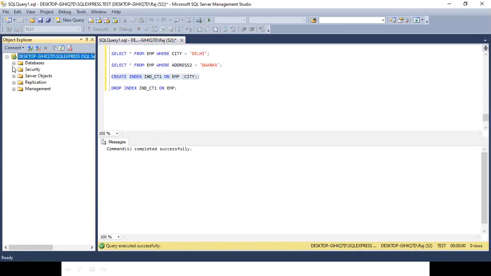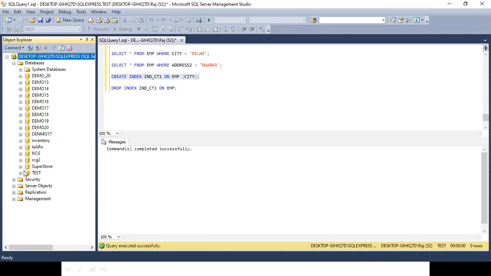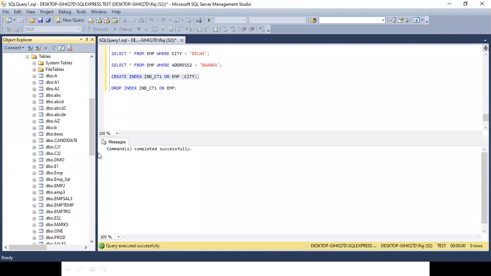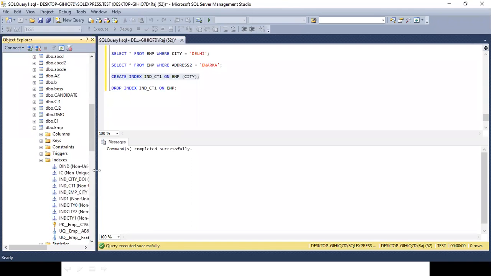This is the database test and on EMP. You can see the indexes over here.